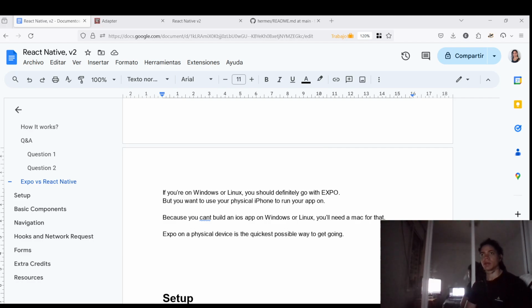It can take quite a bit of time to set up your development environment without Expo, since you will have to download, install, and configure Xcode and Android Studio. Just to give you an idea of the setup time, here are some really rough estimates based on my experience. Expo on physical device, 10 minutes, Android or iOS. Expo on iOS simulator, 1 hour. Expo on Android emulator,